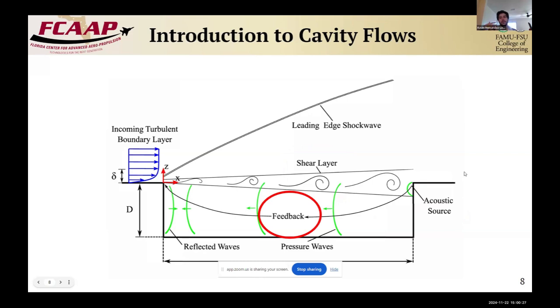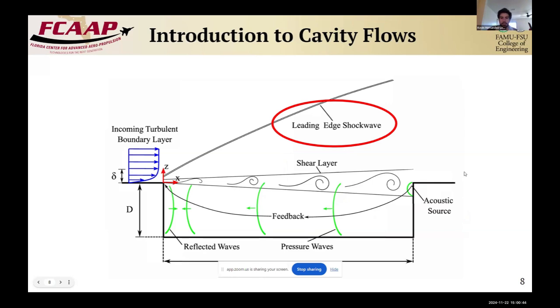And this is what the previous work and formulas aim to do: predict these tones. And then the final feature, we have the leading edge shockwave, which is created from the lip